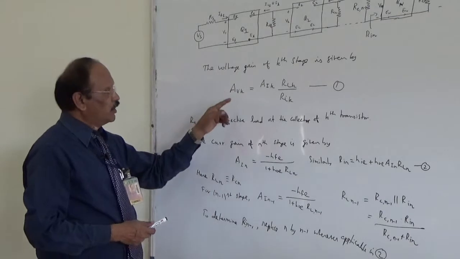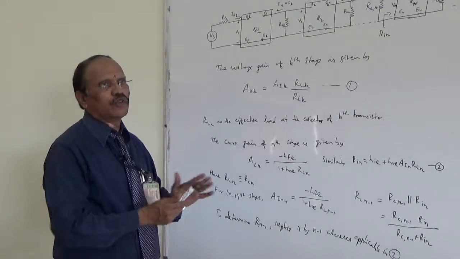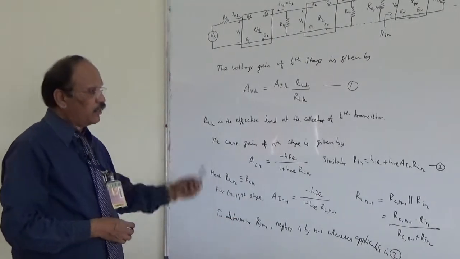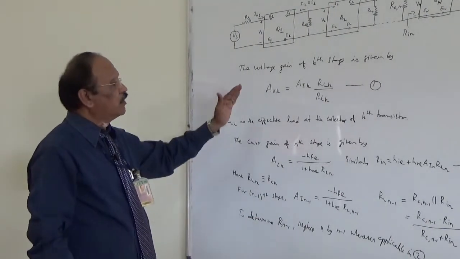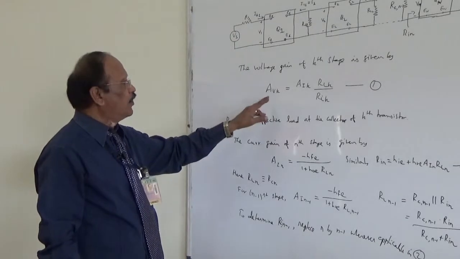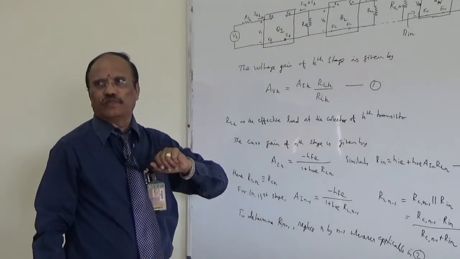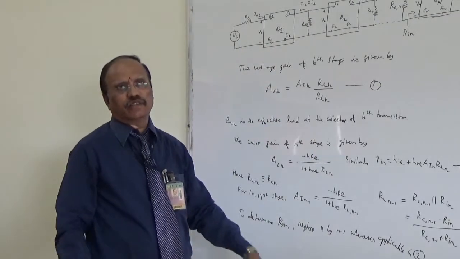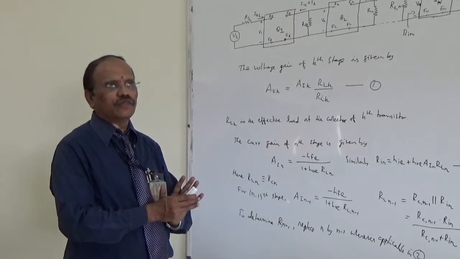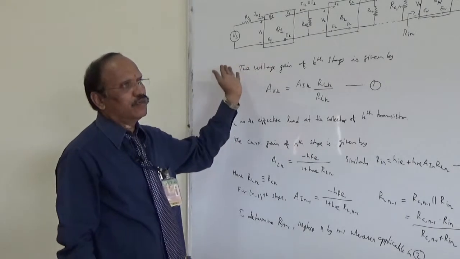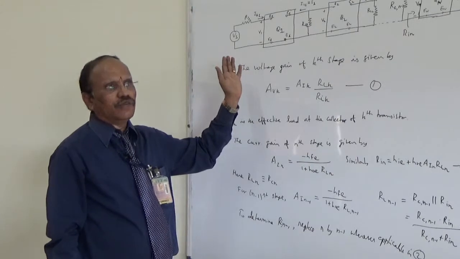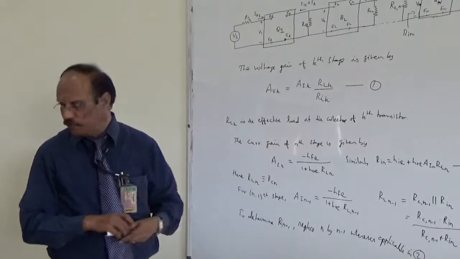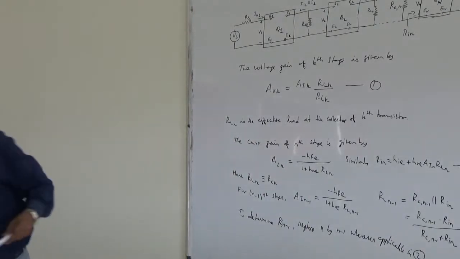So then you can determine the voltage gain of each stage. If you multiply them together you will get the overall voltage gain. There is another way by which you can determine the voltage gain without finding the voltage gain of each and every stage. In this particular problem we have determined the voltage gain of each and every stage like this, then we can multiply together. But we can determine the voltage gain for the entire stage even without determining the voltage gain of individual stages, that we will see next.